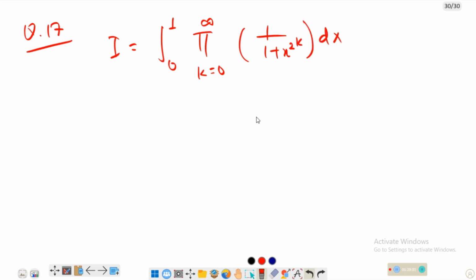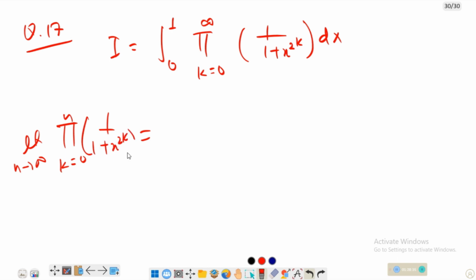Okay, so if I calculate this quantity with k going from 0 to n, limit n tends to infinity, like 1 plus x to the power 2 to the power k. So limit n goes to infinity, this quantity is equal to